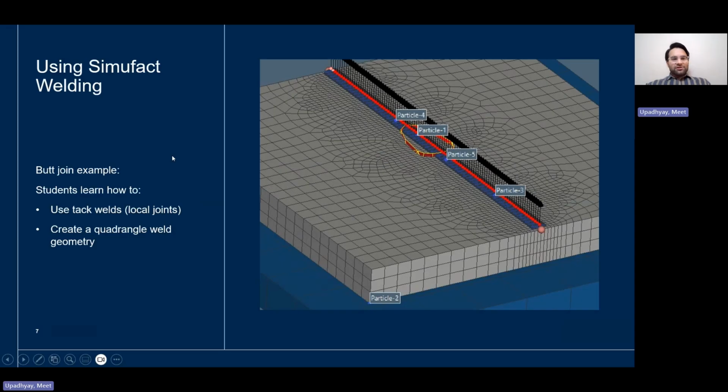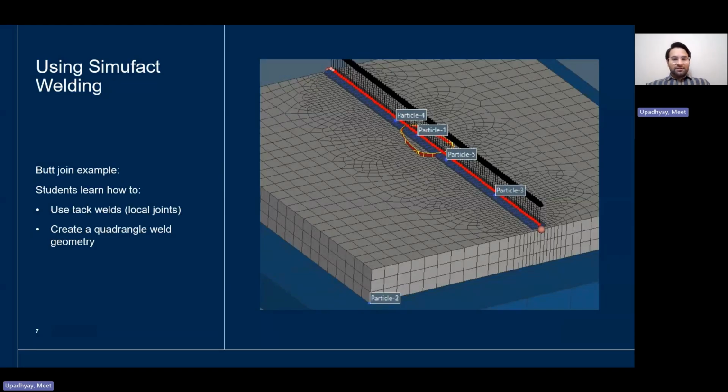And then we also take them through another simple example of using a butt weld in this case. And here they can also start building up their own geometry. So using some of the simpler shapes, the simple geometries are available within Simufact Welding, and building those models within Simufact, being able to generate a weld bead based on certain parameters that are defined for them as well,